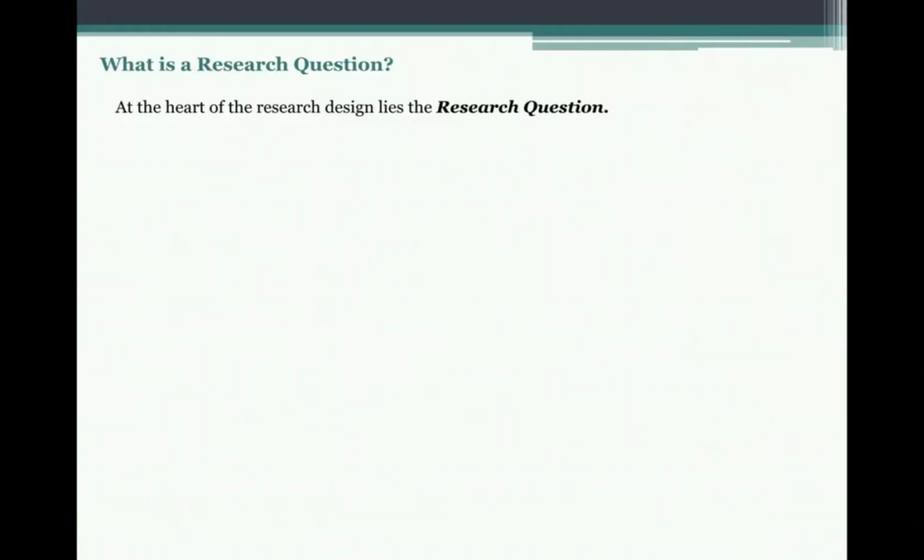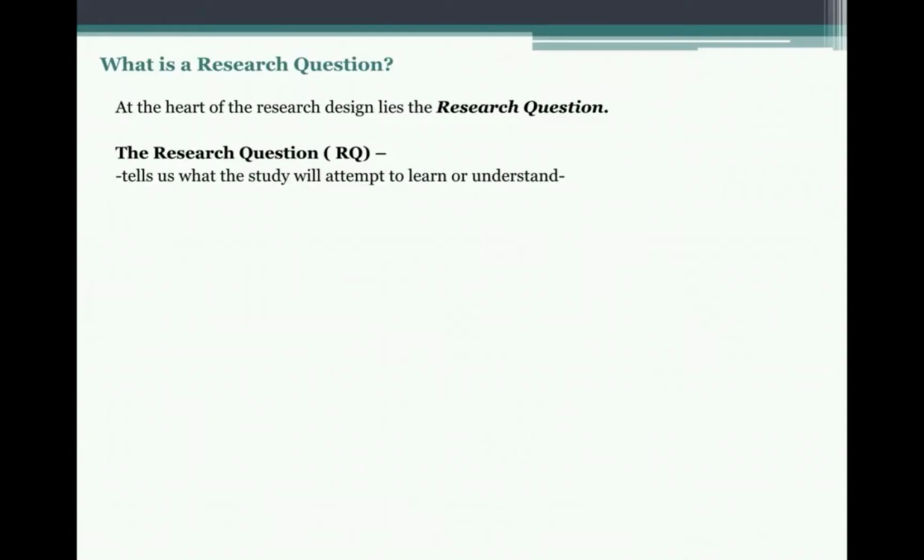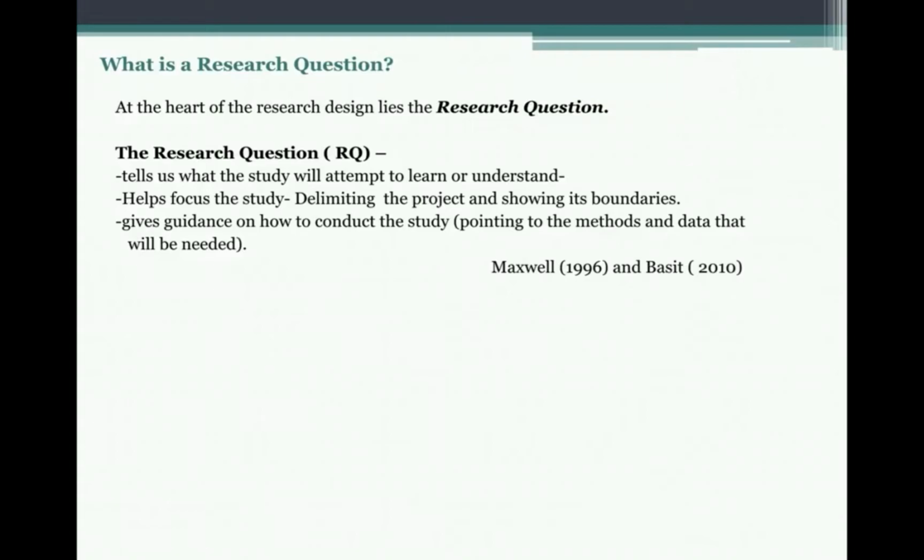सबसे पहले वी विल कंसिडर कि एक रिसर्च क्वेश्चन होता क्या है। ये रिसर्च डिज़ाइन का सबसे इम्पॉर्टेंट एस्पेक्ट होता है क्योंकि हमें ये बताता है कि बेसिकली व्हाट दिस स्टडी विल अटेम्प्ट टू लर्न और अंडरस्टैंड। हम इससे क्या समझेंगे और क्या सीखेंगे। सेकेंडली हमारी स्टडी के पैरामीटर्स हमें बताता है कि उसका फोकस क्या होगा। द डोर्स आर नॉट स्वंग वाइड ओपन और आपके एक स्पेसिफिक रिसर्च क्वेश्चन को काइंड ऑफ आंसरेबल बनाता है।